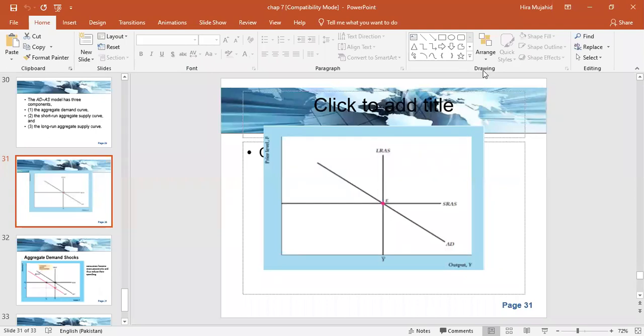Aggregate supply curves indicate the amount of output producers are willing to supply at any particular price level. Two aggregate supply curves are shown here, one that holds in the short run and one that holds in the long run. The short run aggregate supply curve shown in this picture is horizontal. The horizontal short run supply curve captures the idea that in the short run the price level is fixed and the firms are willing to supply any amount of output at that price. If the short run is a very short period of time, such as a day, this assumption is realistic.